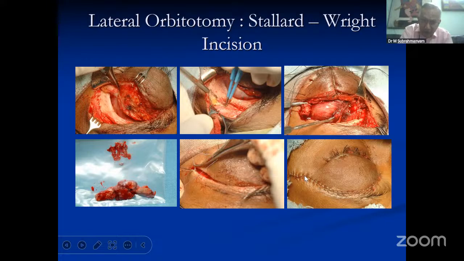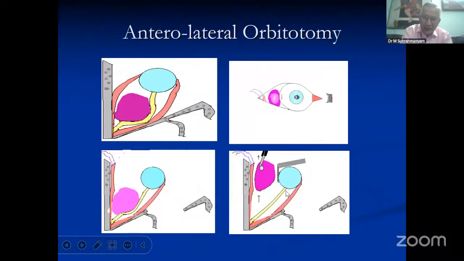I'm worried about this vertical scar. This scar is something I don't like. I dislike the plan. If the tumor is medial to the optic nerve, I said that we will do anterolateral